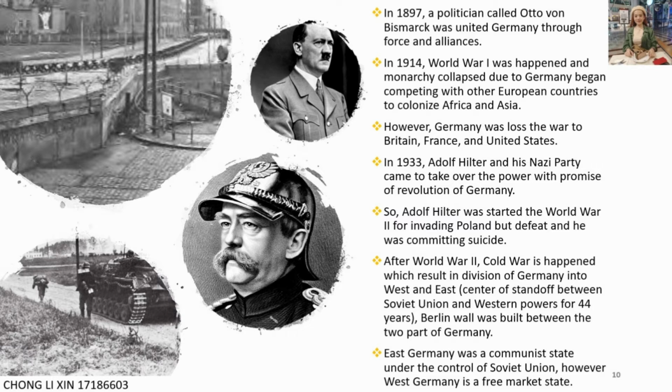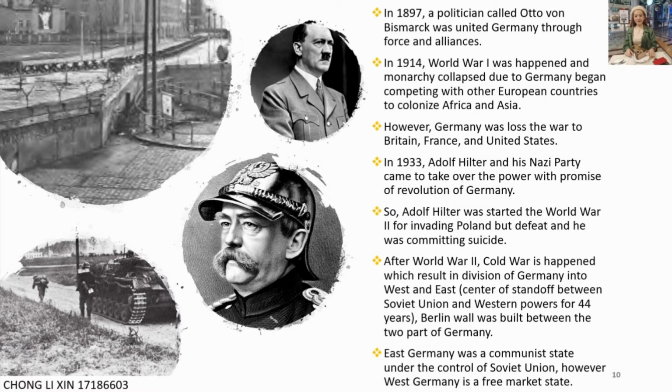After World War II, the Cold War happened, which resulted in the division of Germany into two parts, West and East. These two places became the center of a standoff between the Soviet Union and Western powers for longer than 44 years. A wall, called the Berlin Wall, was built between these two parts of Germany. For your information, East Germany was a communist state under the control of the Soviet Union, and West Germany was